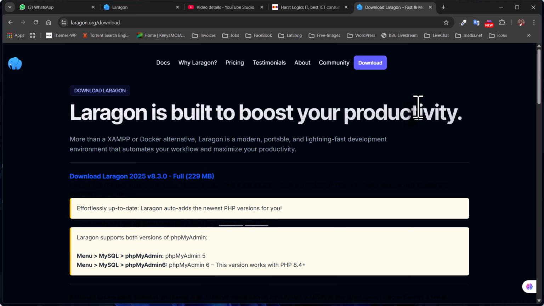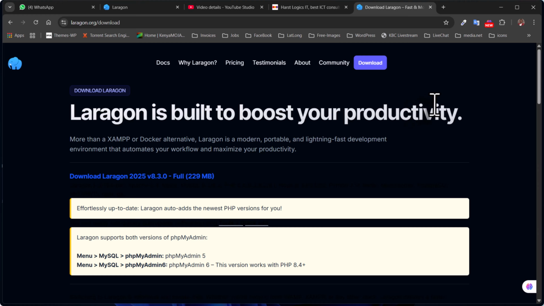Then we will ensure Composer is available; Laragon often includes it, and if not installed, we will have to install it. Then we'll install Laravel using Composer, that is the Laravel installer, and create a test project. Run the project locally and confirm everything is working perfectly. So without wasting time, let's continue